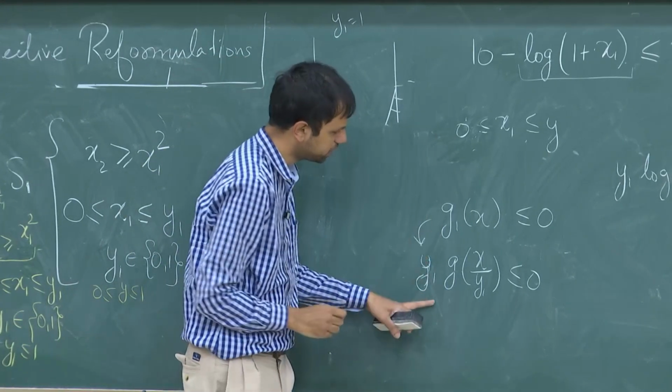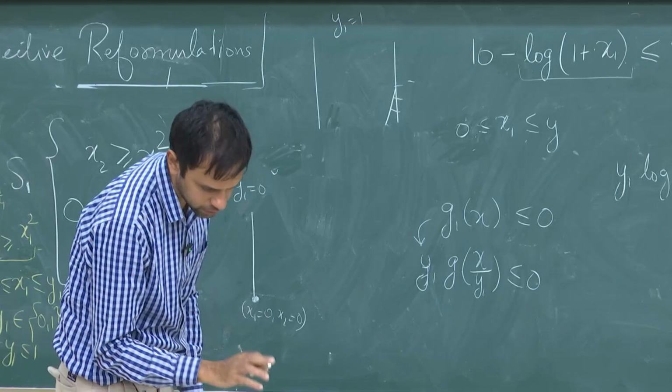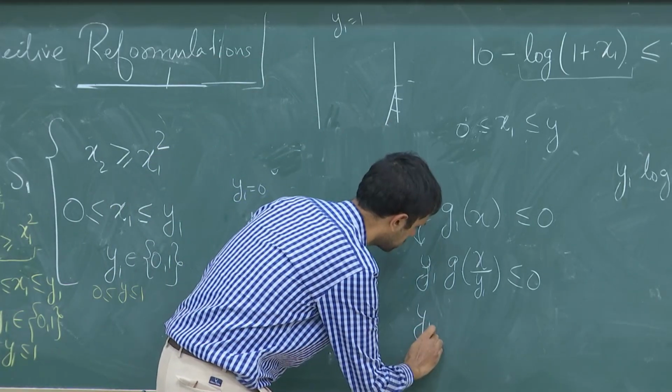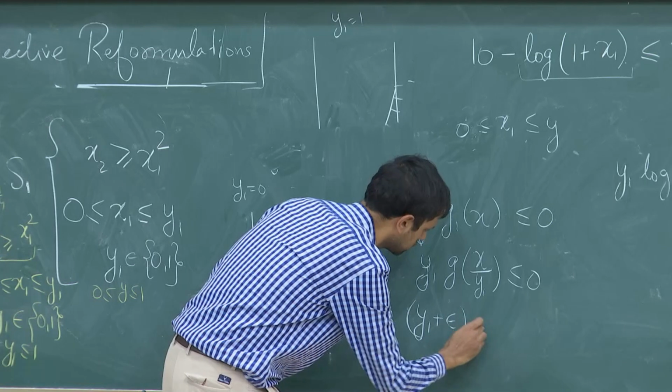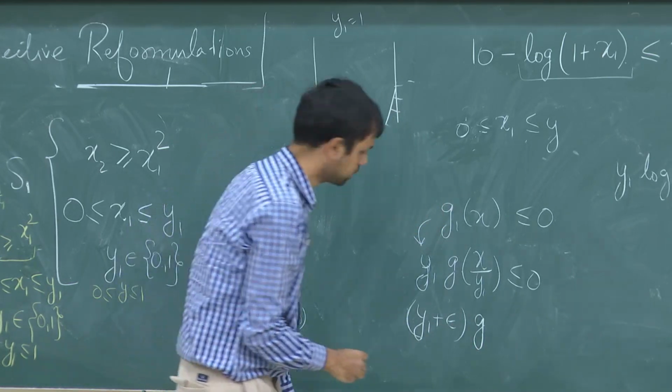Instead of this transformation, we just perturb it slightly so that some of the difficulties go away. So for example, I can write it as y1 plus epsilon times g of